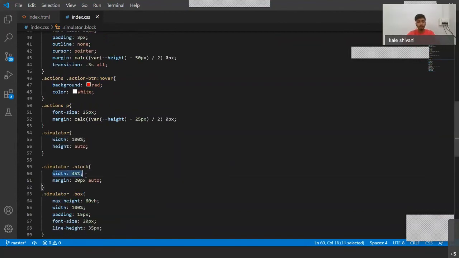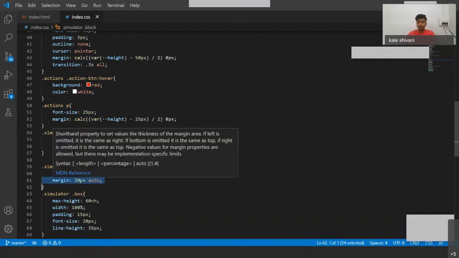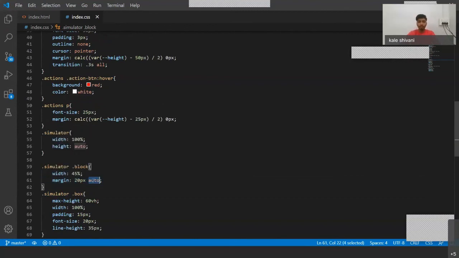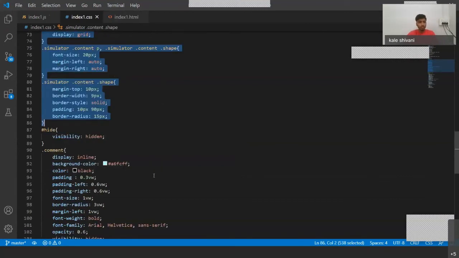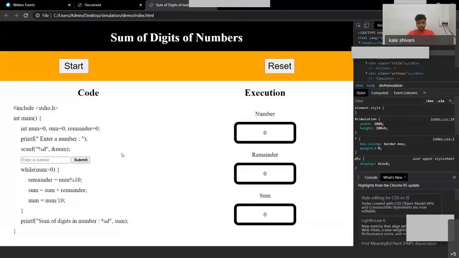For the block, I'm setting the width to 45% and margin to 20 px from top and bottom, and from left and right it will be auto. So it will make our container centered. Let me just refresh. Okay, so it looks like this. I will explain the entire CSS to you.